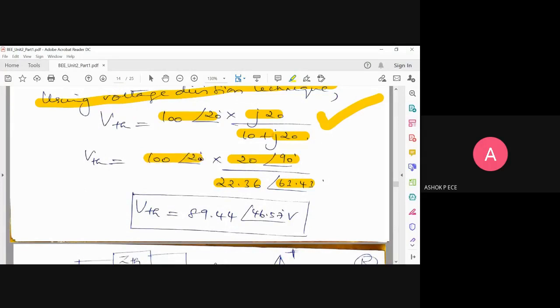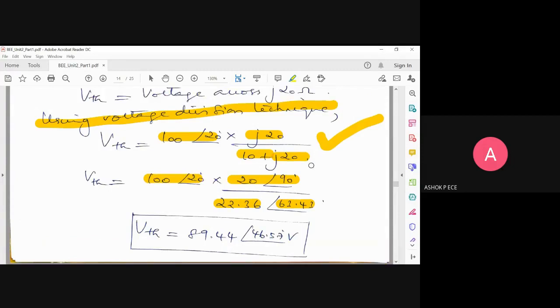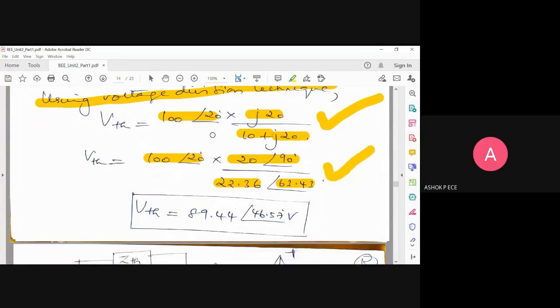See, whenever you have multiplication or division, this point should flash your mind. If you have polar format, it will be easy for you. So here you see you have multiplication followed by division. So it is not advisable to go with complex number. You can do that, but that will be very much lengthy. So for multiplication and division, better have everything in polar format. For addition or subtraction, better have everything in complex number format. So that's why I'm converting all these complex numbers into polar numbers.